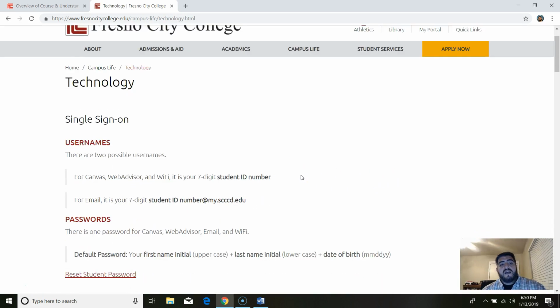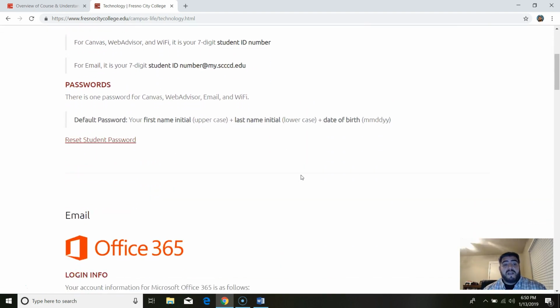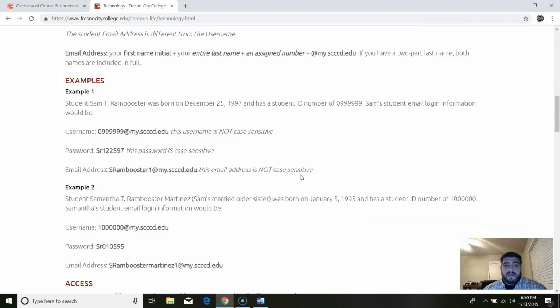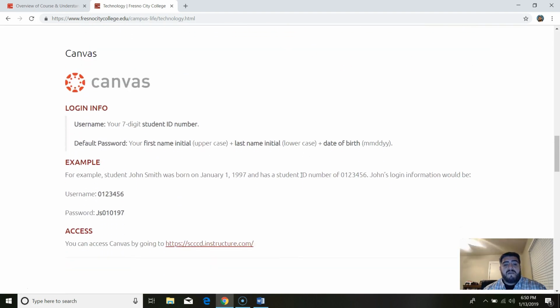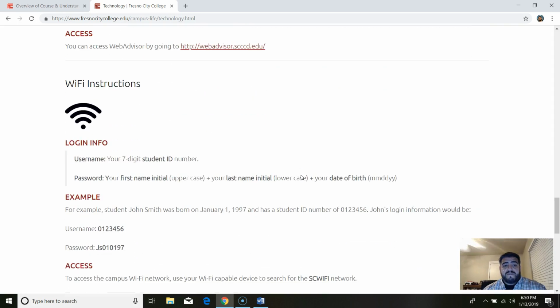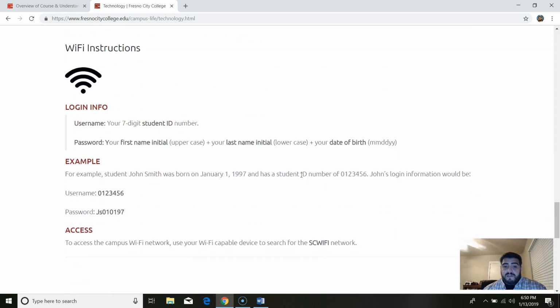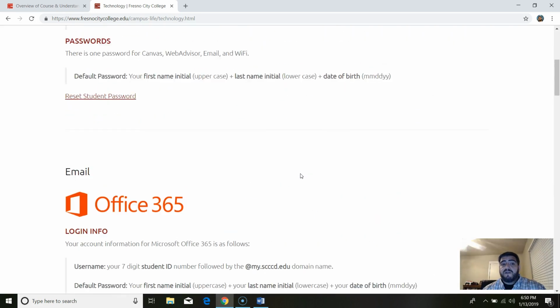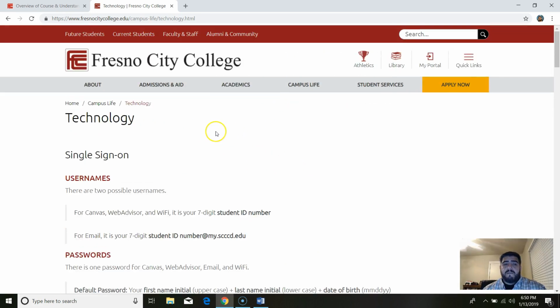And here you have a bunch of technology help, from usernames and passwords to the access to your Office 365 account. You also have how to log into Canvas, how to log into WebAdvisor, Wi-Fi instructions, etc. Make sure that you're familiar with how to do all of these things by visiting the Fresno City College website.